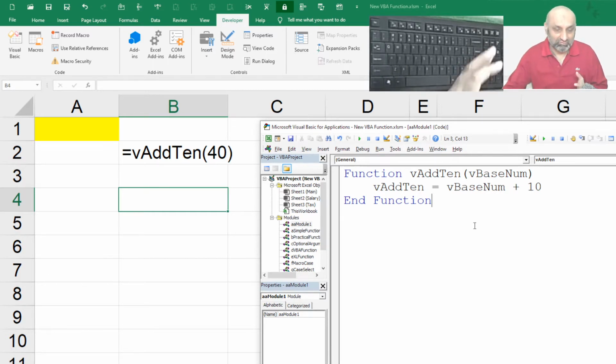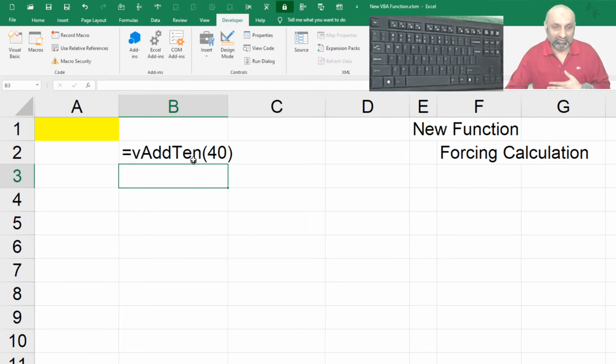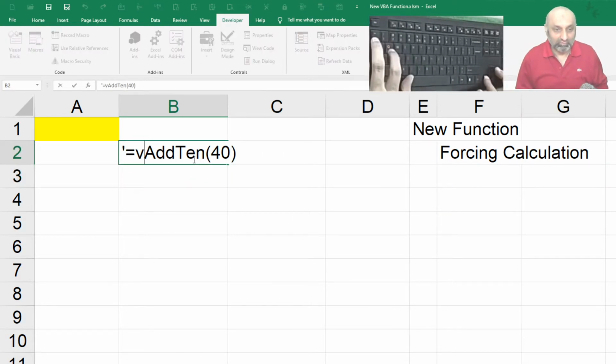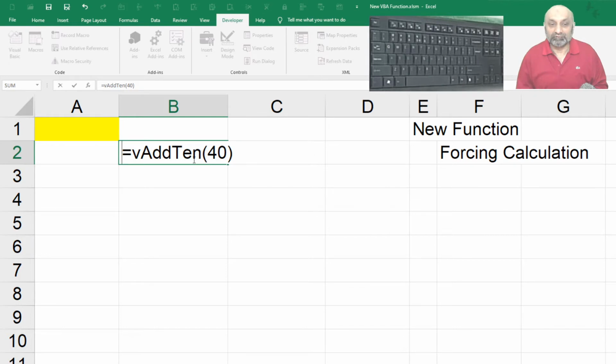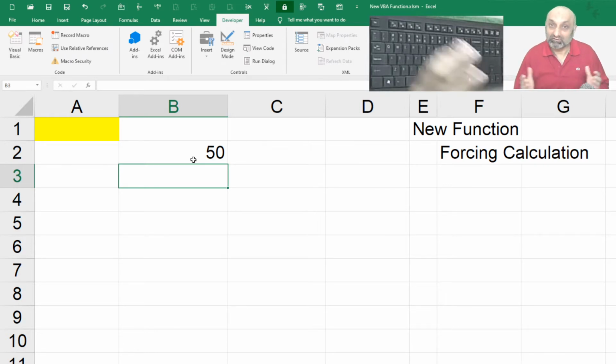So let's go to Excel and run this equation. v add 10 bracket, within the bracket 40, let me press enter and I get 50.